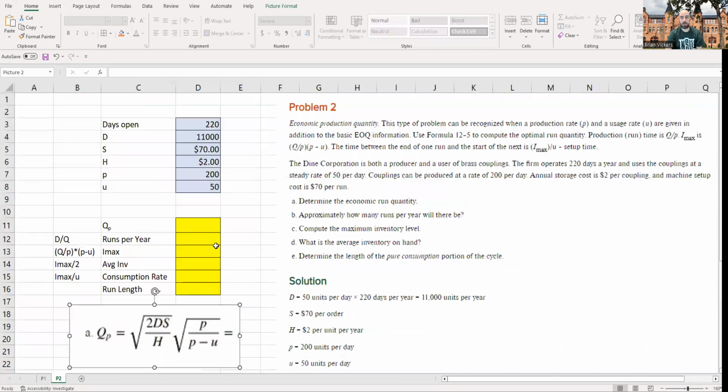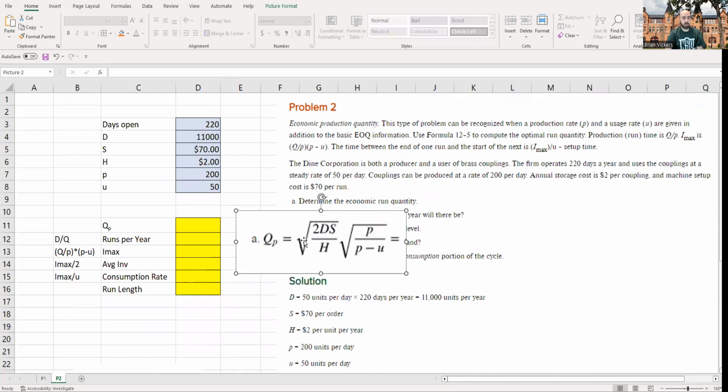Let's look at EPQ now. EPQ, unfortunately, is a little bit more complicated of a formula. It requires multiplying 2 square roots together. So the economic production quantity is equal to the square root of 2DS over H. So that same formula, right? So find that, multiplied by